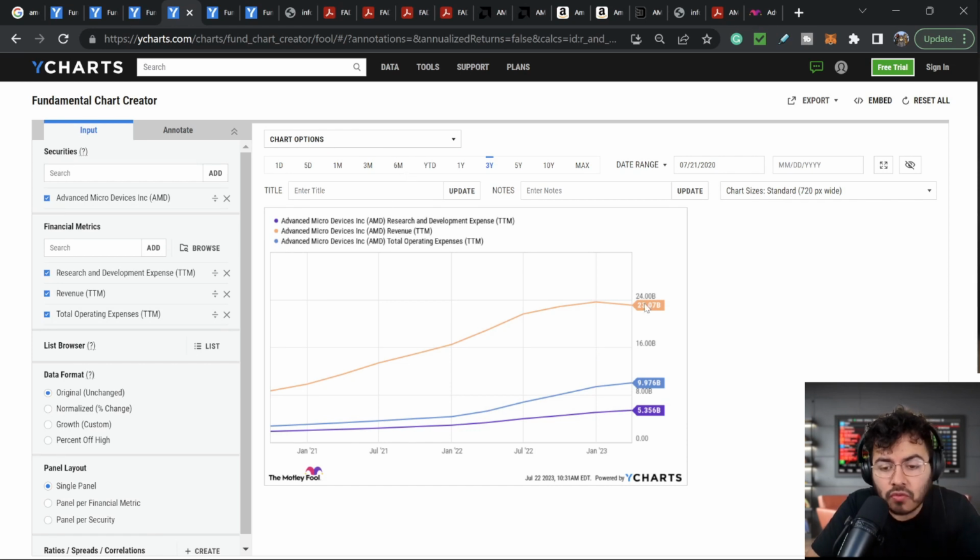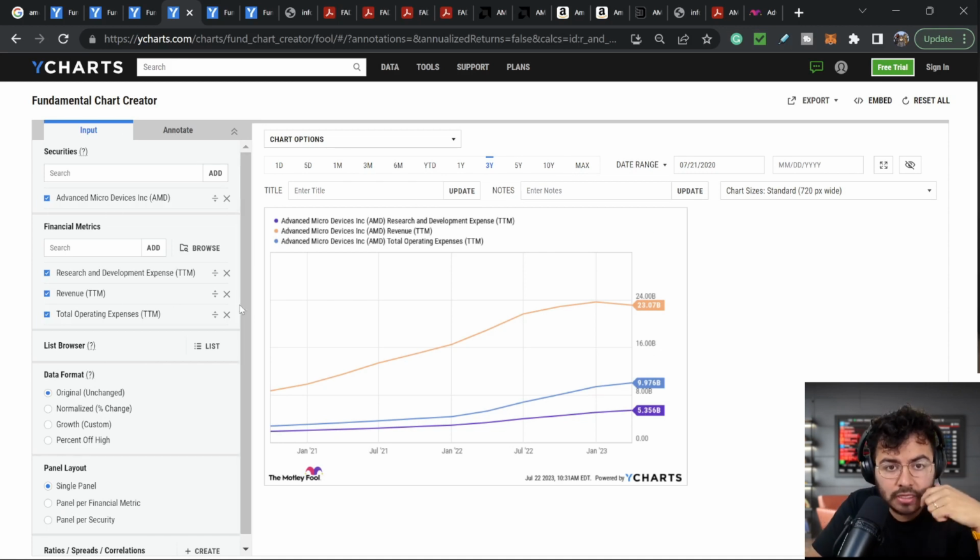Now let's continue looking at this company's fundamentals. We can see that revenue in trailing 12 months has gone up, right? We do see this nice growth. Unfortunately, we are seeing that this is a company that's spending a nice amount of money on things like research and development. Research and development is where this company's most operating expenses come from. At the same time, this company is developing numerous products. So we're going to look at the margins.